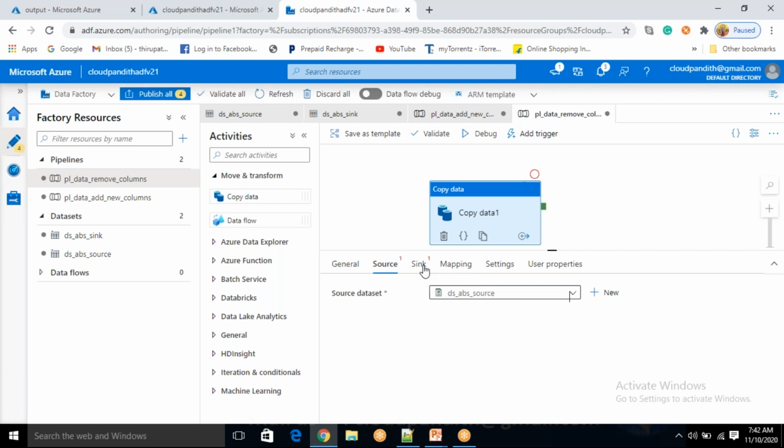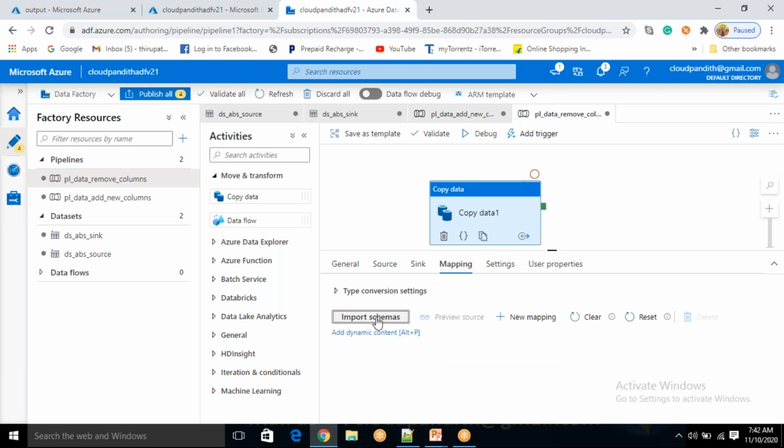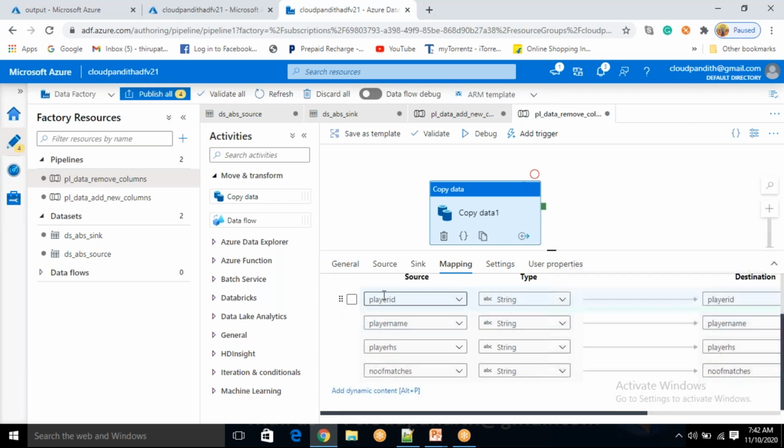This one. What is your sink? This is my sink. To delete the columns, come here and click import schemas. See, you are trying to copy player ID, player name, player highest score, number of matches. These 4 columns you are trying to copy into your destination files.